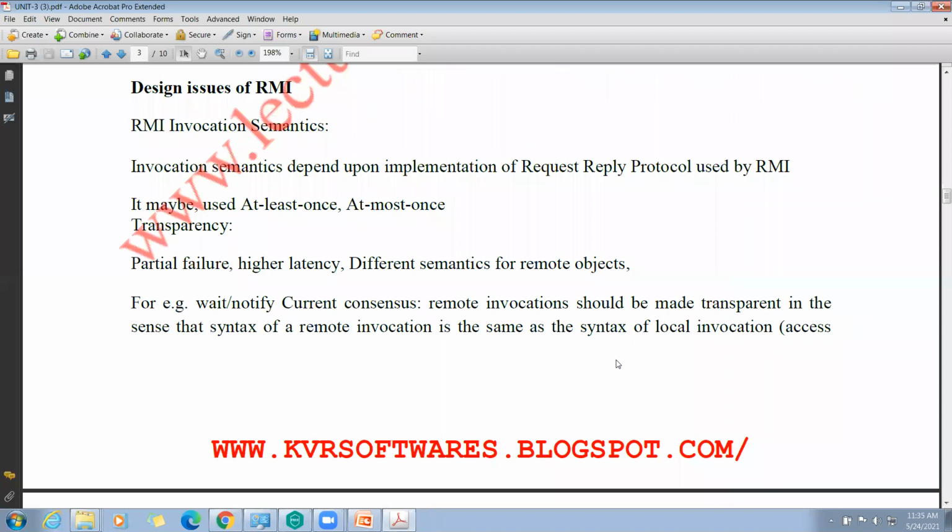Okay, in the last class we started remote method invocation and remote procedure call. Now we are going to discuss the design issues of remote method invocation.